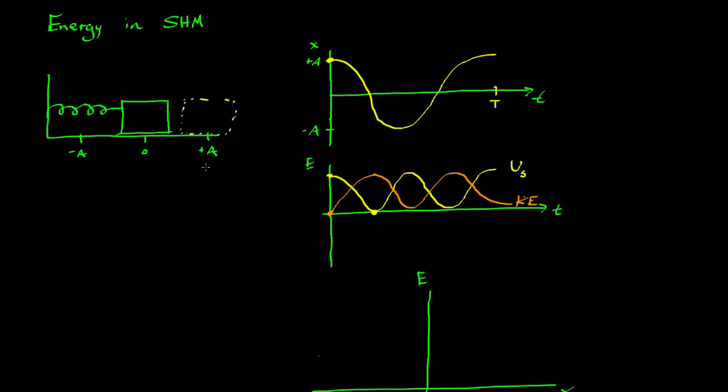So at amplitude, we have the potential at a max, and the kinetic energy is 0. At equilibrium, the potential is 0, and the kinetic energy is a max. Likewise over on the negative side, potential is max, and kinetic energy is 0. So the energies oscillate back and forth from one to the other,